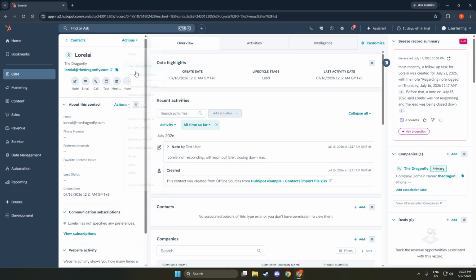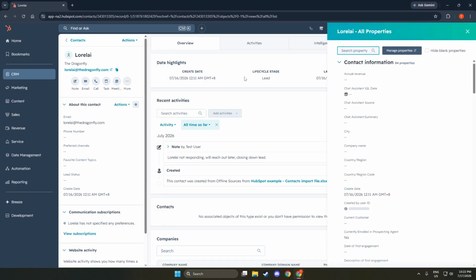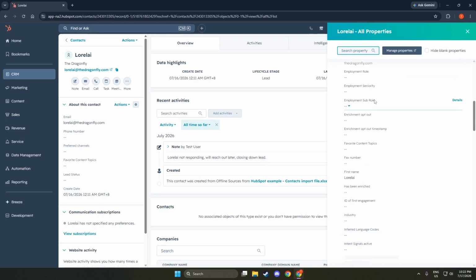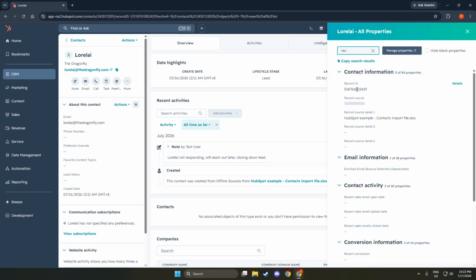Now you need to search for the record ID. In the Expanded Properties section, scroll through or use the search bar if available. Type in Record ID to locate the specific property. This property contains the unique identification number for the record you are viewing. Finding this ID is crucial as it helps you reference this specific record across different integrations or systems.